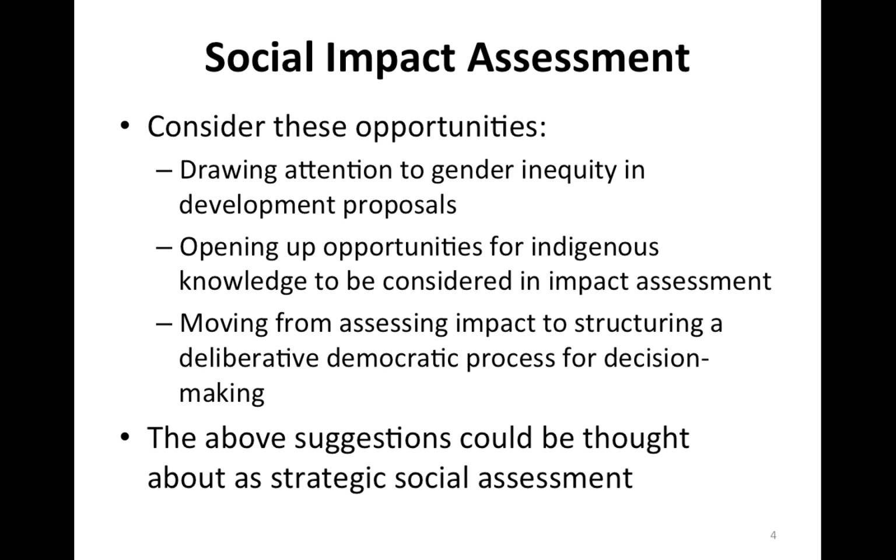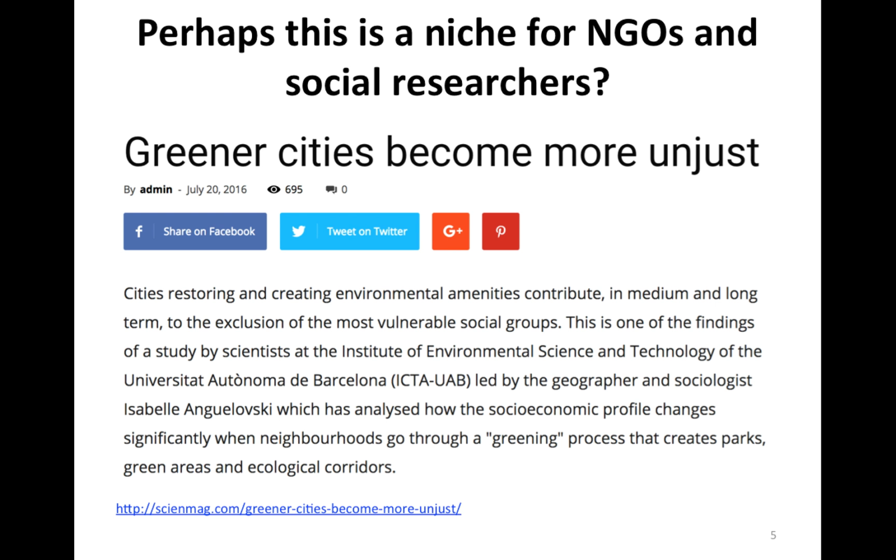Now, maybe that possibility is greater through social impact assessment. And so, it might not necessarily be of any value, but to think more about strategic social assessment, to think strategically and holistically, might be a way to advance social impact assessment. And I think perhaps a good example of this, and perhaps connecting back to a couple of the other questions that people had on their assessment tasks, what are the roles for those outside of government and for researchers and for the community in general in trying to participate in, promote, understand, even to commission social impact